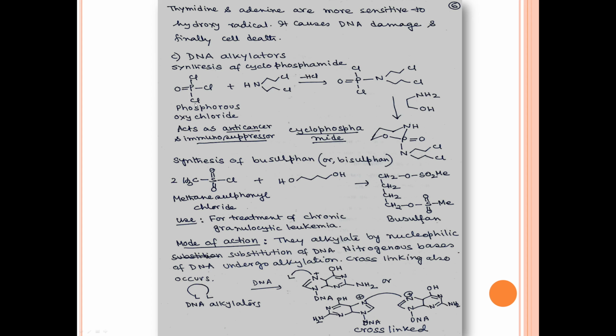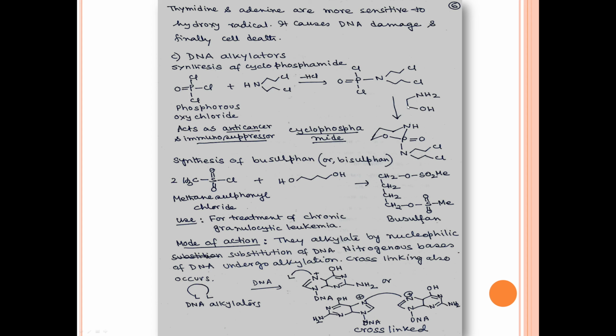Now let us see that we are starting from phosphorus oxychloride, that is POCl3. This POCl3 undergoes a reaction with this secondary amine. First, HCl will go, and because of this there will be a direct linkage between the nitrogen and phosphorus. After that, it will undergo the reaction with the hydroxyamine, ethylene,